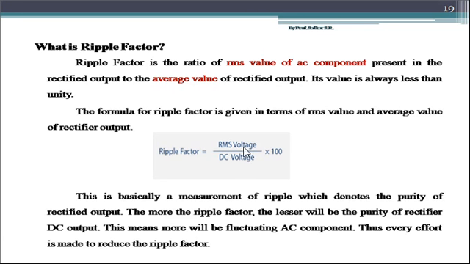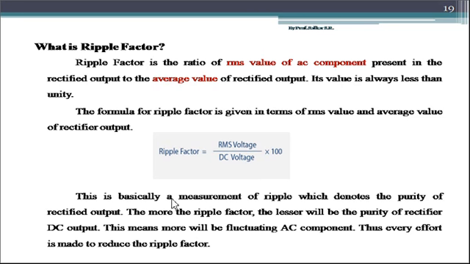So ripple factor is a ratio of two factors, that is the RMS voltage which is coming at the output of rectifier and the DC voltage which is coming at the output of rectifier. So rectifier basically converts AC into DC, but that DC is not pure DC, it contains some amount of AC which are called ripples. If we deal with the AC, we know the AC signal always has an RMS value. So while measuring the ripples present at the output of rectifier, we have to use the term ripple factor, and we count the ripples by using the formula RMS voltage divided by DC voltage at the output of rectifier. So this is what the ripple factor indicates.